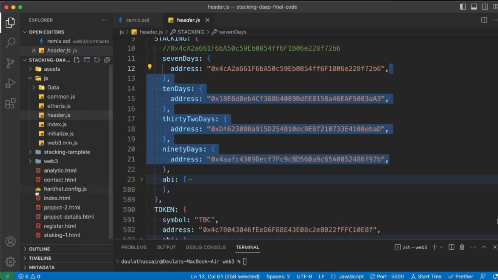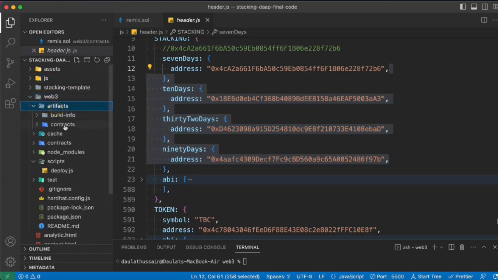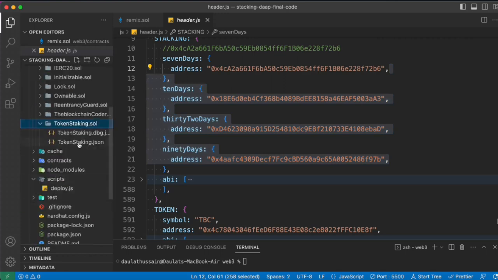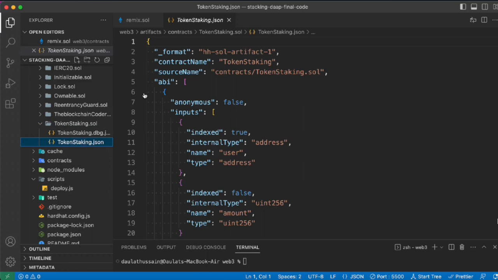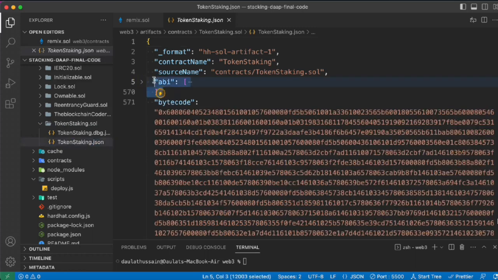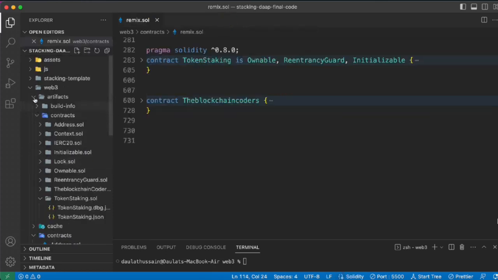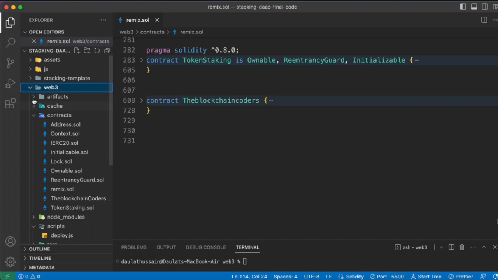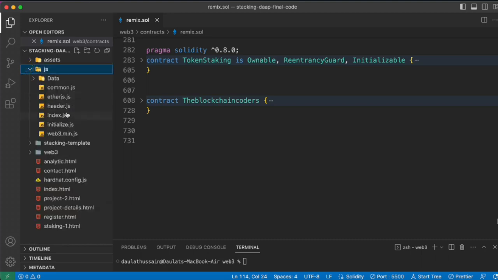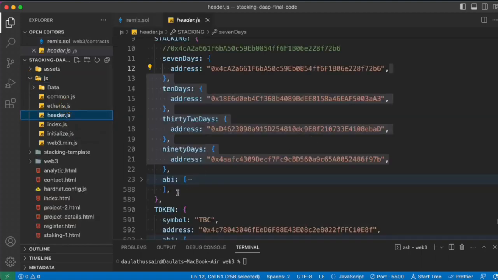So this is the ABI we have, and let's close this one and come back here. Okay, this is the ABI. So once you deploy with Hardhat, you can see it will generate the ABI and you can get it from here as well. Simply copy that one, and that's what you can simply paste here. Let's come back here, initialize Hardhat, okay, here, and you can simply